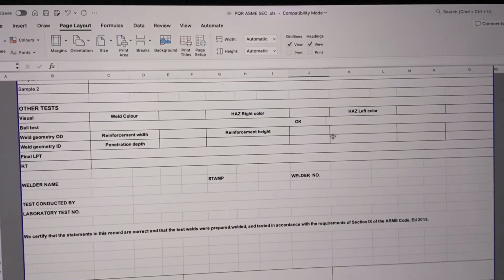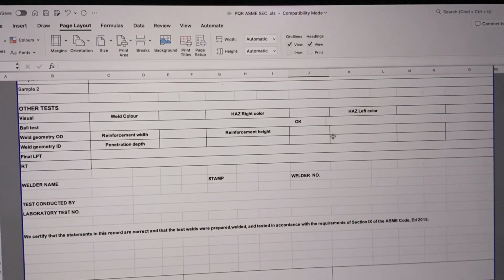So all this, I'm trying to give you all possible variations which can happen on the shop floor that are required to be recorded in the WPS and PQR, and certify them for everything you have done. So later on, when you are going to have any defect analysis or any corrections required, or we want to improve our performance in the WPS by having another PQR, what changes we should really bring in this